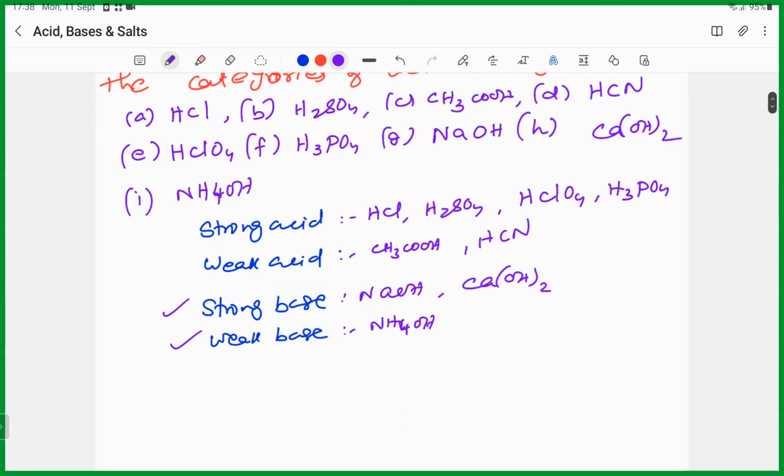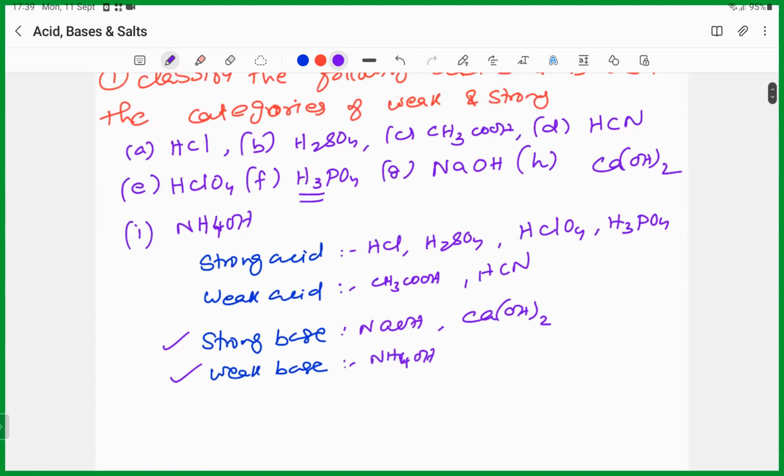Is it clear? So how we are saying when it gives H plus ion completely dissociate means, so this is having triprotic acid. First of all, it will give the H plus ion. That's why it is a strong acid. Okay. And the second and third only will involve the equilibrium. For the HClO4 also,